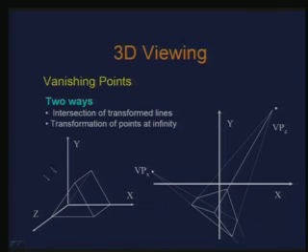This is a 3D object, and my interest is to find the images of the vanishing points on the projection plane. This is the resulting image or projection of this object,